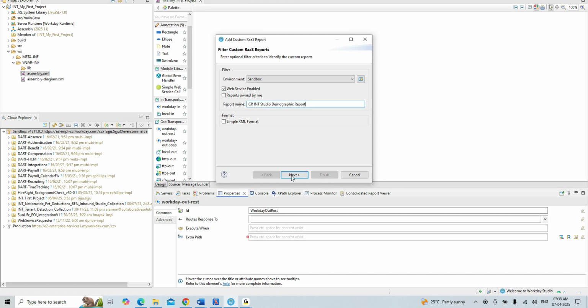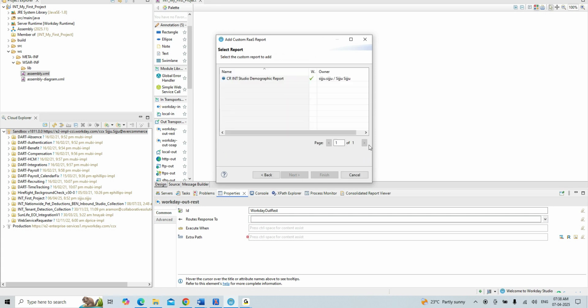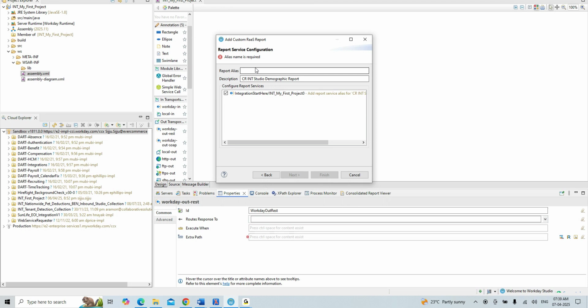It is asking for an alias name. Give any name without a space. If you give a space, it will give an error, for example, alias name contains invalid characters. So either put an underscore or give the report alias name without a space. Click on finish. Before creating this one, in integration startHere,